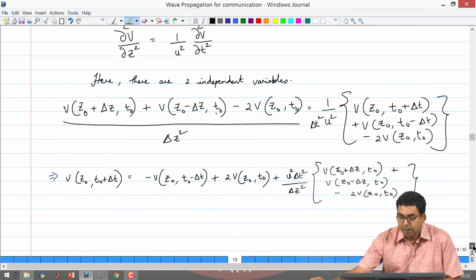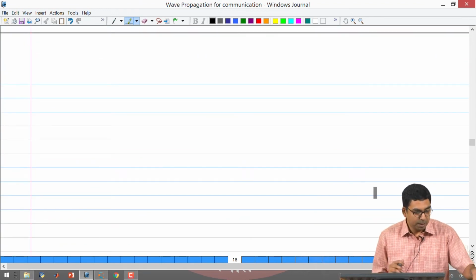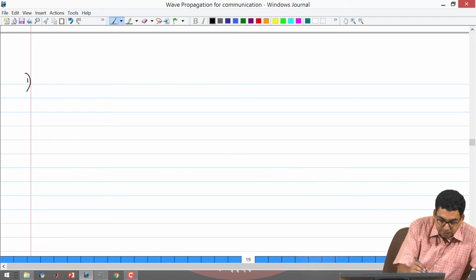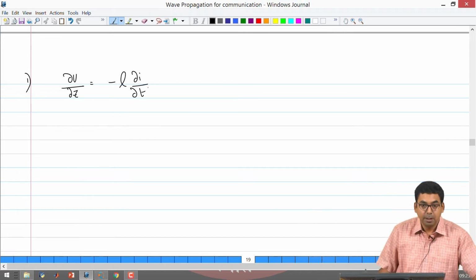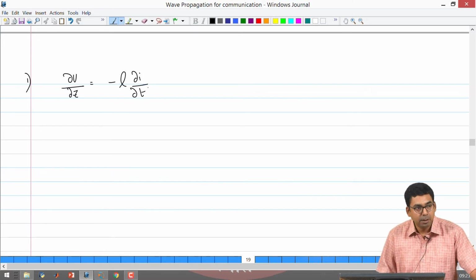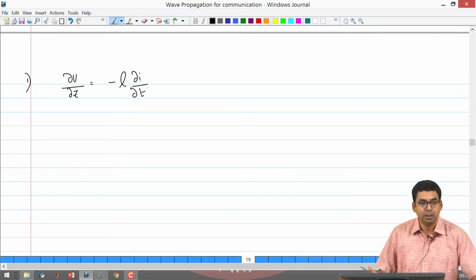So, the only thing that is pending for us to complete this particular exercise is to go for solving the telegrapher's equations in its form that we have written. Let me go ahead and do that, alright. So, I will start with the first equation, dV/dz is equal to minus L dI/dt, right. This was one of the telegrapher's equation that we had. Now we have an idea about how to write these derivatives, right. These are first order derivatives and we could use forward difference, backward difference or central difference.